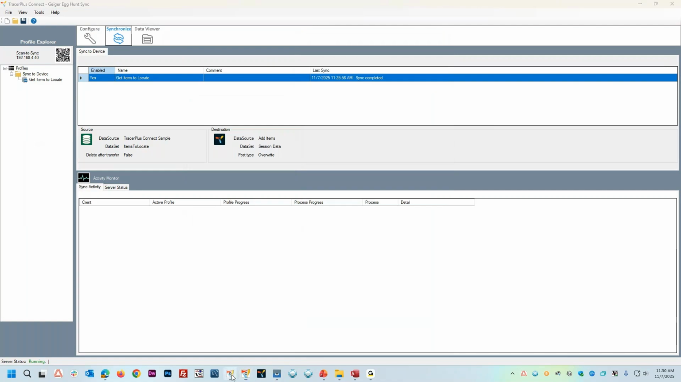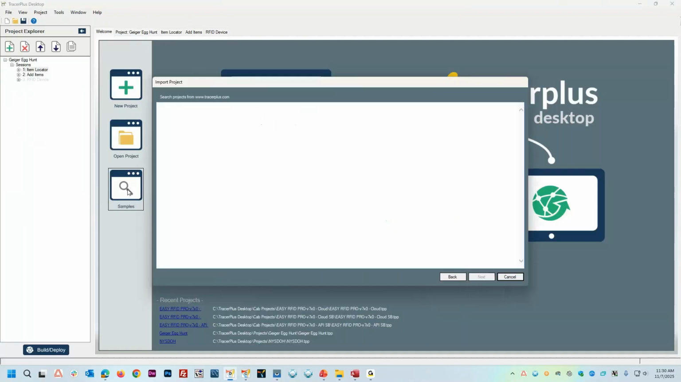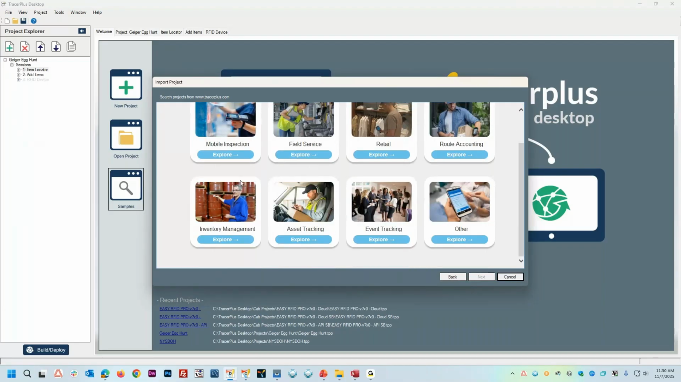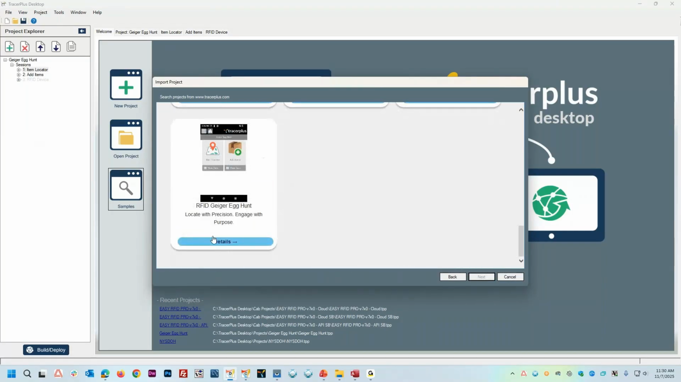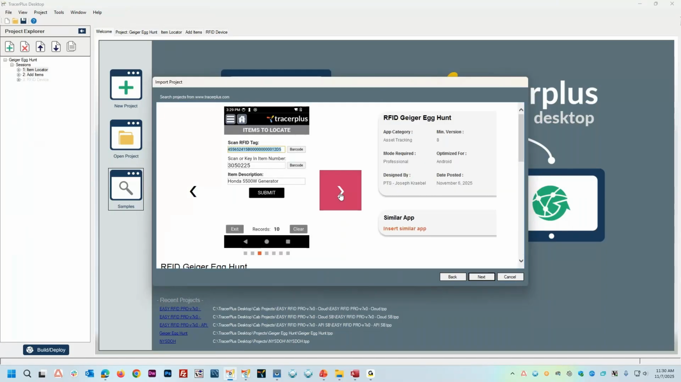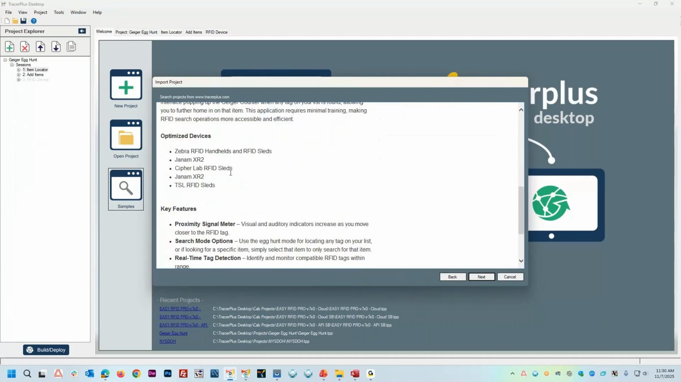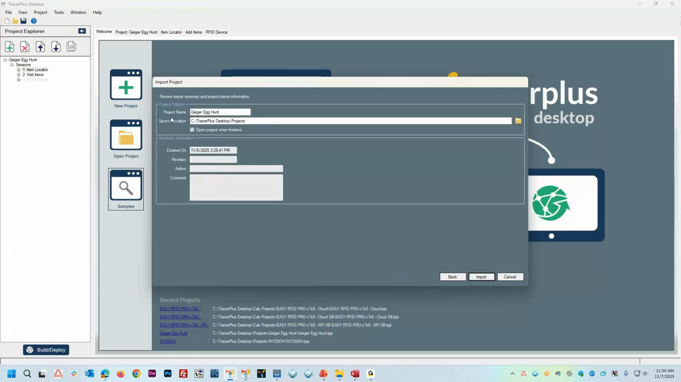Let me just show you how to get it within desktop. So if you jump back to the welcome screen and click on samples, you'll see those same categories that we saw on the website. So this is going to be listed under retail, inventory, and asset tracking. So let's say if I go to asset tracking, I believe it's at the bottom. There's our Geiger Egg Hunt. Once again, it's going to give you that carousel of the different screenshots. It's going to give you that brief description, what's compatible with it, some of its key features, and then I can click next, and then I can click import,